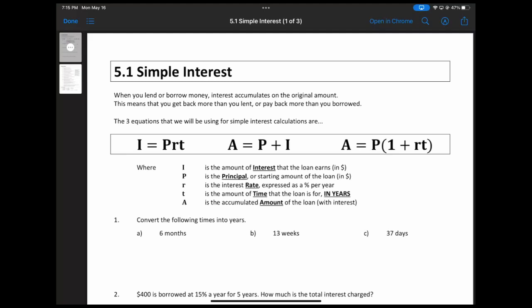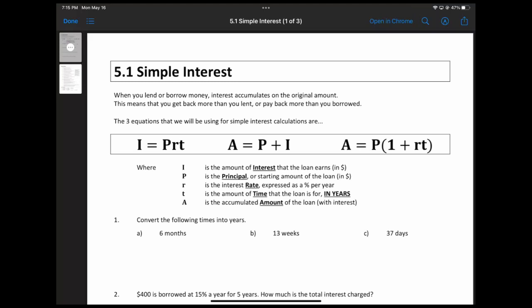Okay, this lesson begins our next unit on interest. We're going to just do 3 lessons in it. There's really only 2 types of interest, simple interest and compound interest. So today we're going to start with simple interest. Our third lesson will be compound interest, and our second lesson in the middle will be kind of one bridging